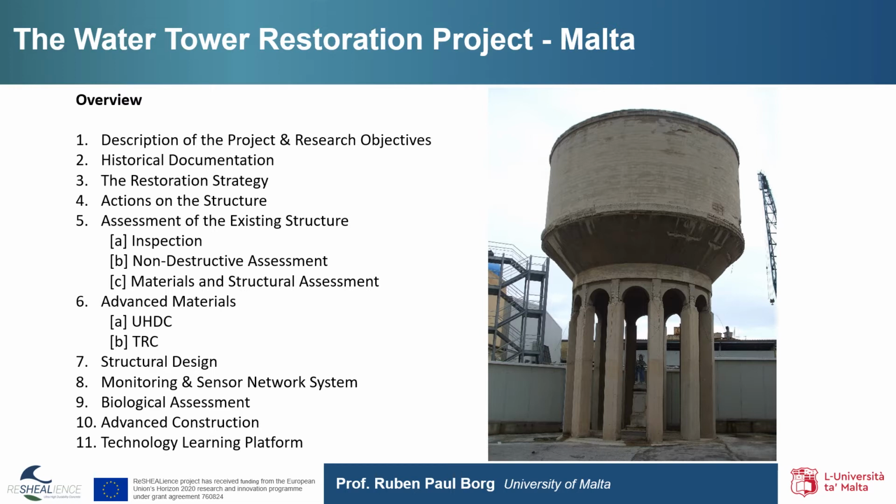We shall first go through a description of the project itself and the research objectives. We shall then go through the historical documentation which is necessary for such a project. We shall analyze the restoration strategy. We shall discuss actions on the structure. We shall then go through the assessment of the existing structure, the inspections carried out, the non-destructive assessment, and